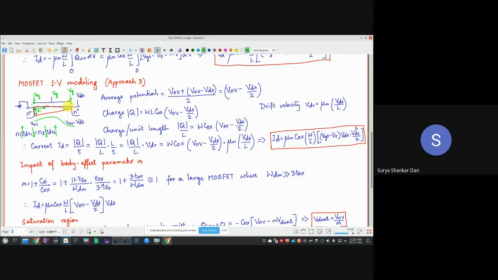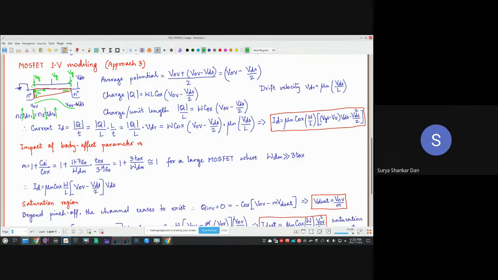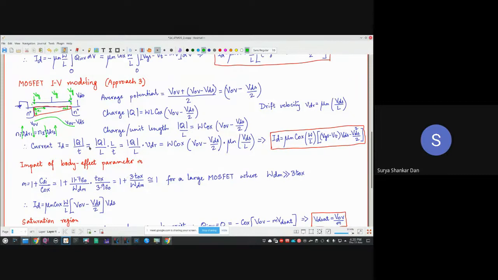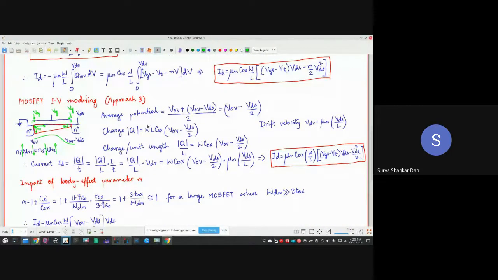This is the reason why you have a phenomenon called saturation. We will look into saturation and pinch off after some time. Got it, everybody? So this triangle doesn't represent depletion. Depletion is in fact just the opposite: more depletion towards the drain side, less depletion towards the source side. This is representing the free electron concentration.